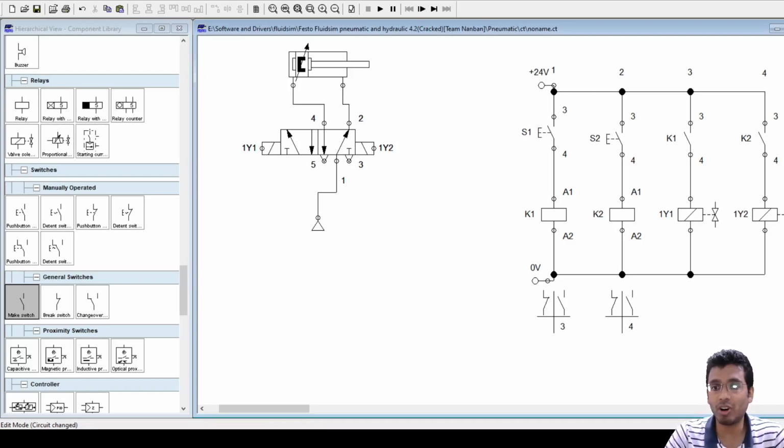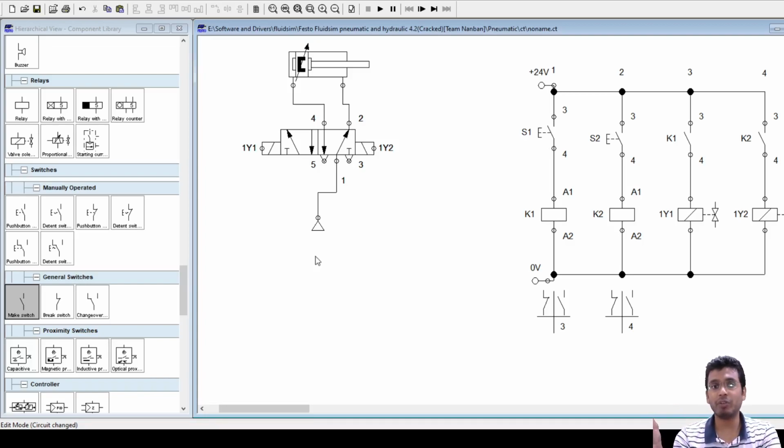Ultimately, with all the logic, what did you do at the end? With all the process control, last, what did you actuate? You actuated 1y1. The moment 1y1 gets actuated, this cylinder will automatically extend. You don't have to do anything else to extend this cylinder, because the power connection is already here, the compressed line or your pressurized source is here. Only one signal is required to extend the cylinder. And what is that signal? Your solenoid valve 1y1. The moment you actuate your solenoid 1y1, the spool shifts and the cylinder extends.